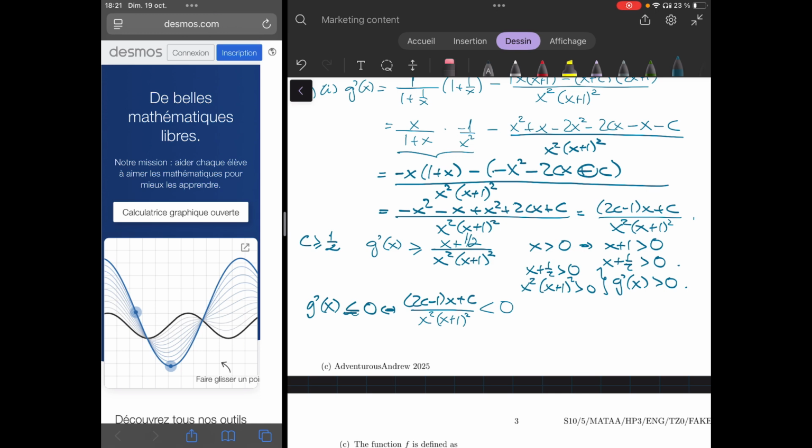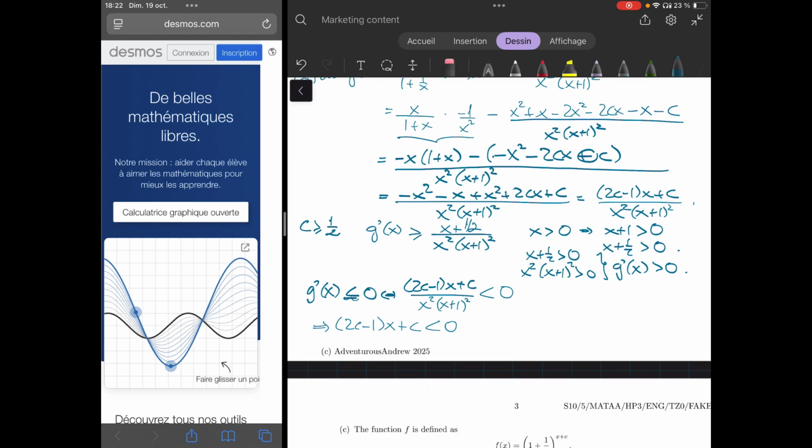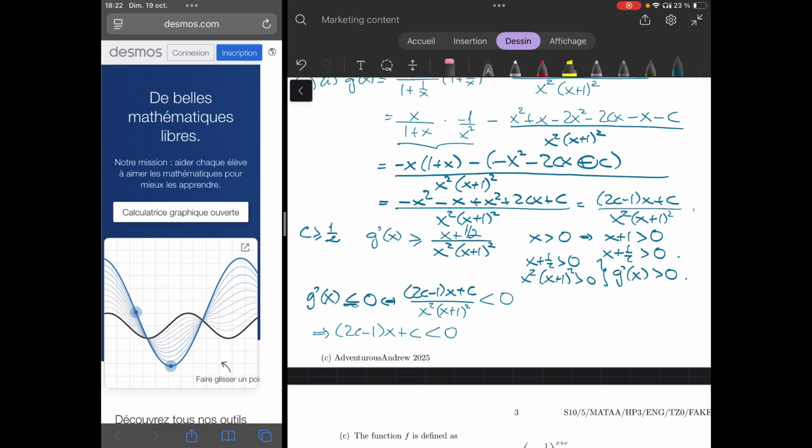We have demonstrated this earlier. Therefore, for this to be true, this has to be true. We also know that x is positive. Therefore,